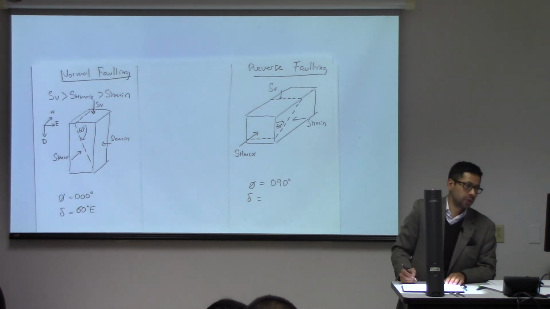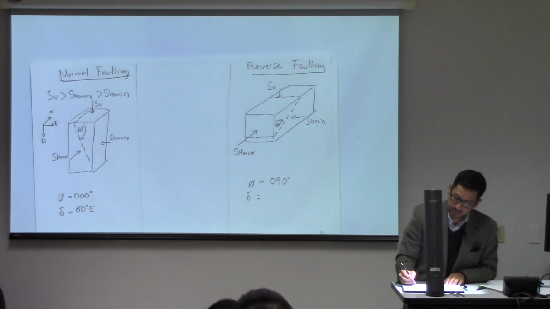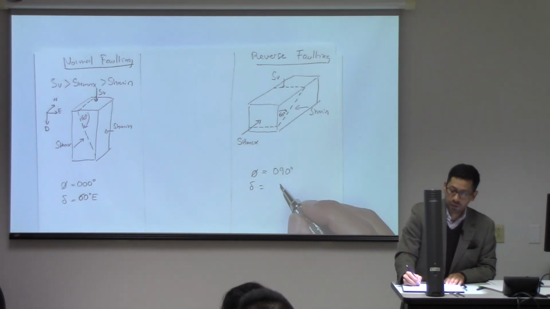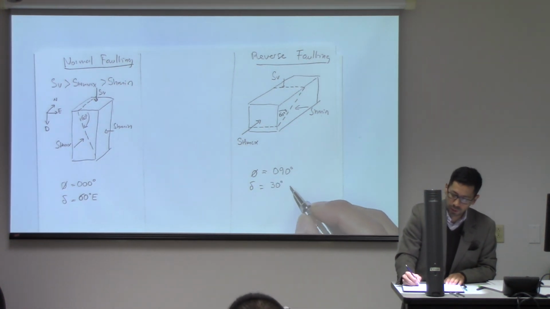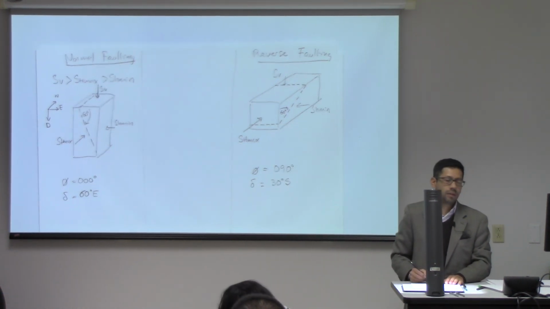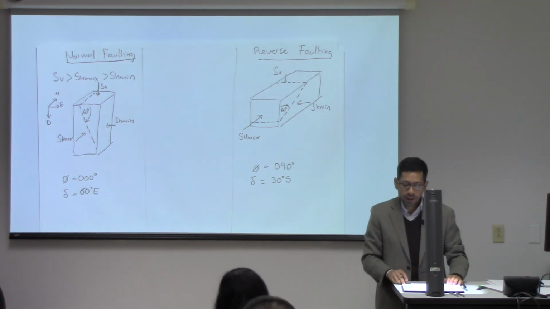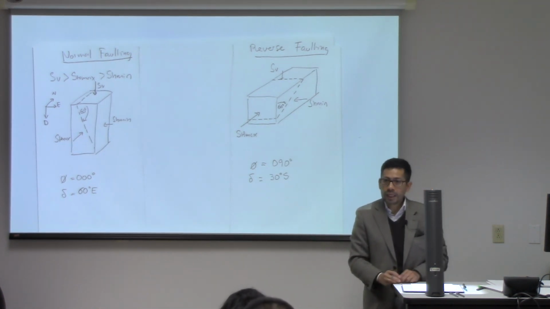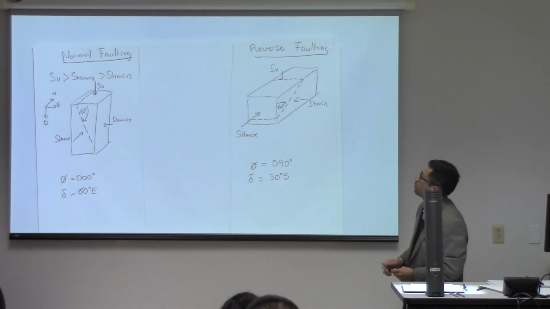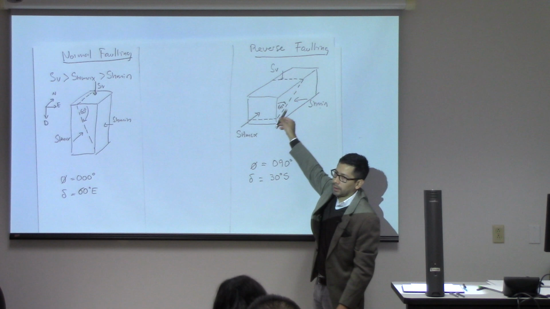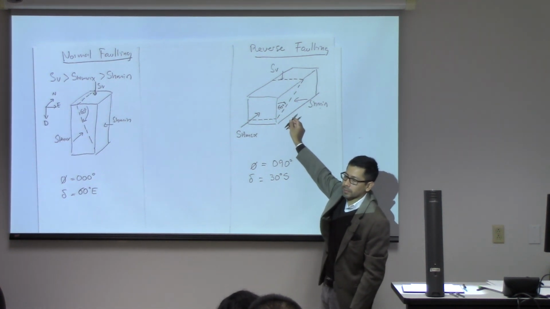And what is going to be the dip? 30 degrees towards the south, right? So that will be the orientation of a fault in a thrust regime or in a reverse faulting regime. Notice that it will be much less steep